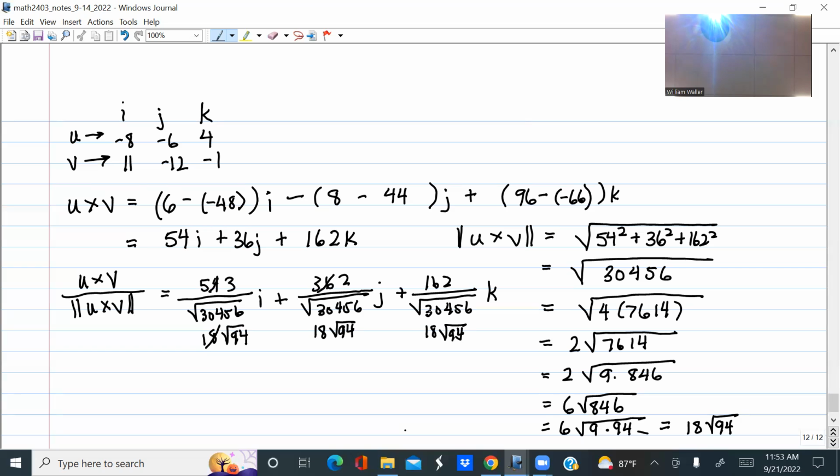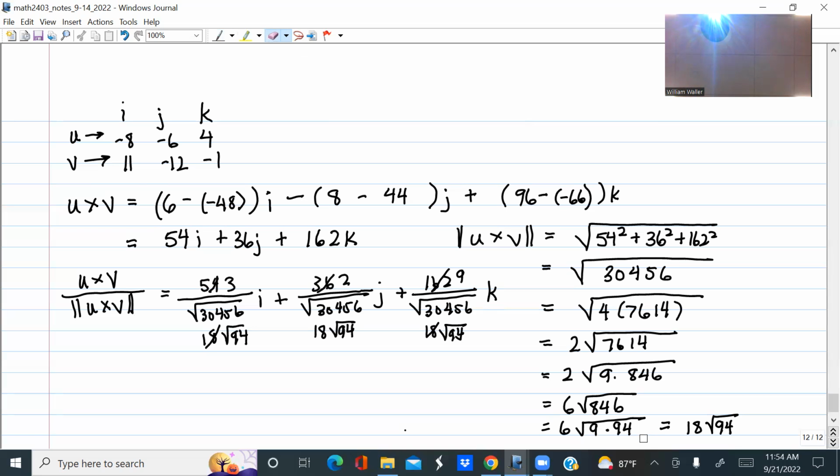And then I don't know about this one. Does 18 go into 162? 9 times? So you would have 9 over the square root of 94 times k. Oh, so see? Well, that's okay. That's a lot more trouble than it's worth, right? So, we can show off our grade school arithmetic abilities here, but